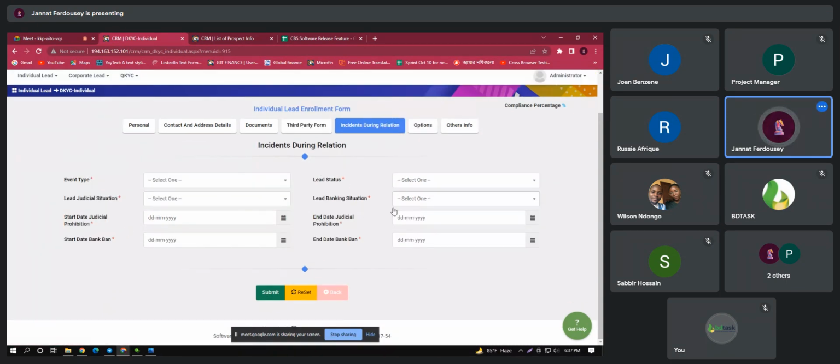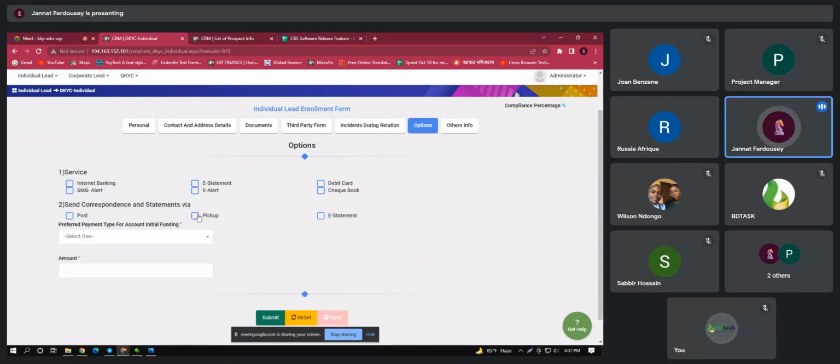Incidents, this is not mandatory for the initial customers. Through this incidents tab, we are going to handle cases like if we want to block a customer for his criminal records and so on. So it is not mandatory for the initial customers. Next, we have this options section. By default, it will be already ticked because this information we gave in the previous